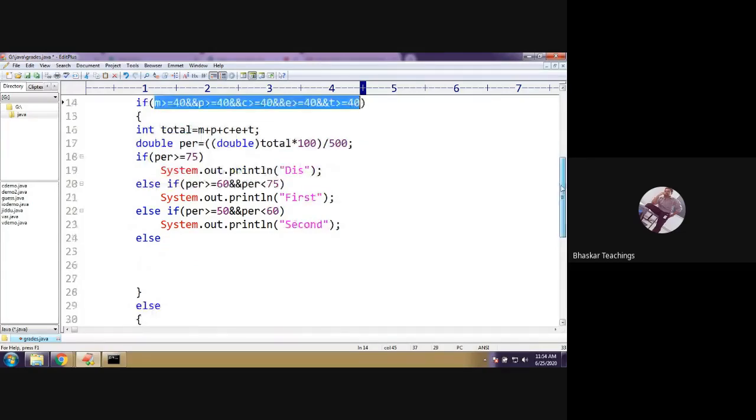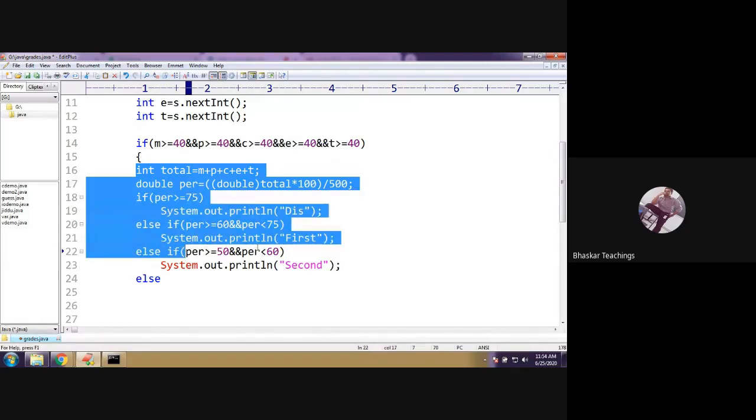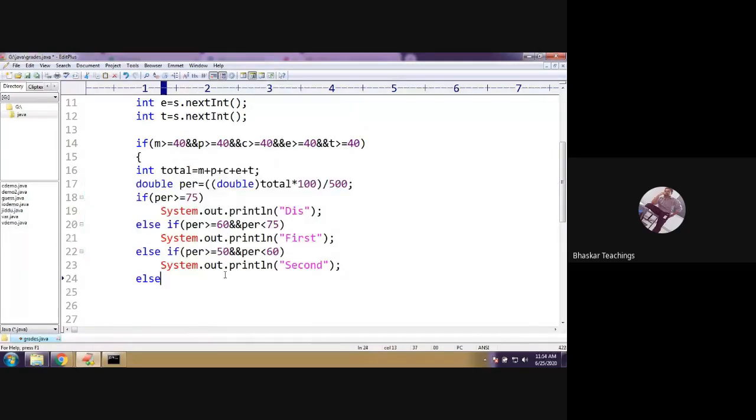That is the mathematical expression, right? Because in each subject, if he got minimum 40, he will come here only. So there is no chance for a candidate to get less than 40 in this block. So directly you can include the third class, that is only a printing statement, right? Yes. So else block, third class.